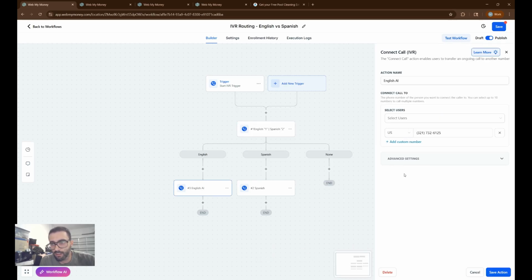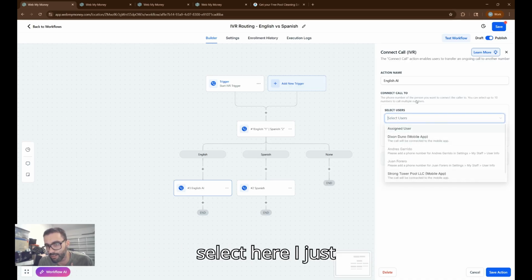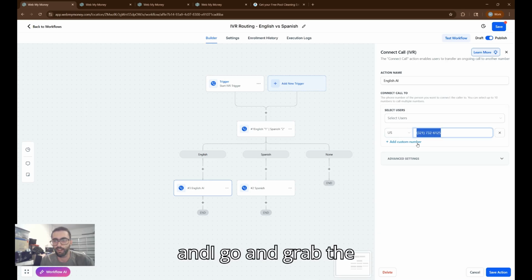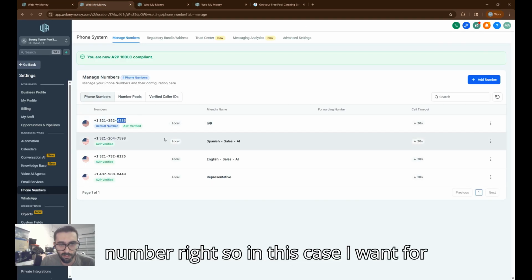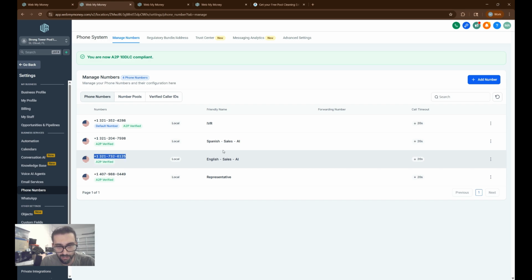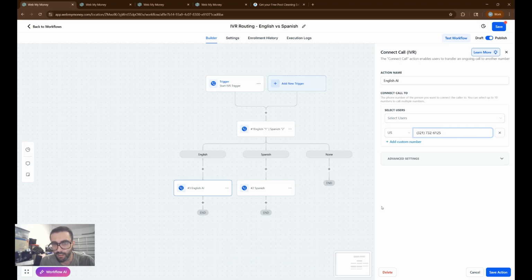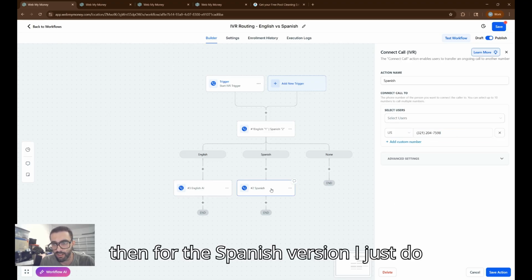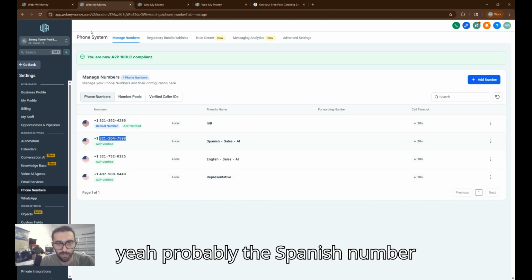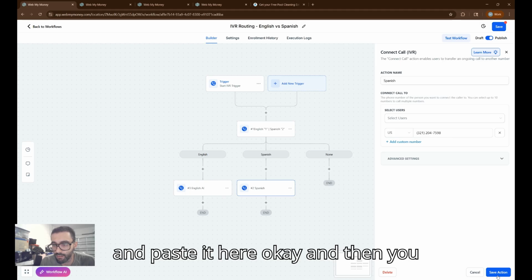So this is the key. I can connect the call to a custom number. I do not select here; I just go to custom number. And I grab the number. In this case, for English, I grab the English sales AI number, and that's what I paste here. Then for the Spanish version, I just do the same: you copy the Spanish number and paste it here. Then you save your action